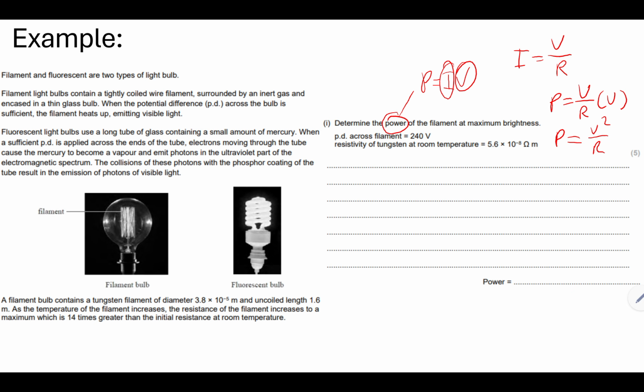And so we also need the resistivity formula, which is R equals rho L over A. And so the resistance that we get from the resistivity formula will be substituted into this equation to find the power. And that's how we find the power. So first we need to find A, which is pi r squared. So we can see that the diameter is 3.8 times 10 to the power minus 5. So we can just half that to find r. So pi times 1.9 times 10 to the power minus 5 squared equals